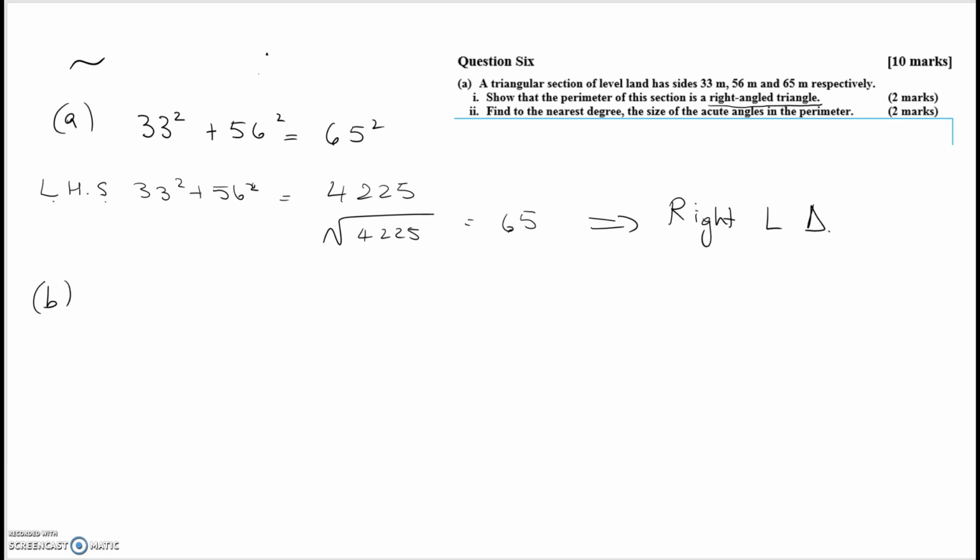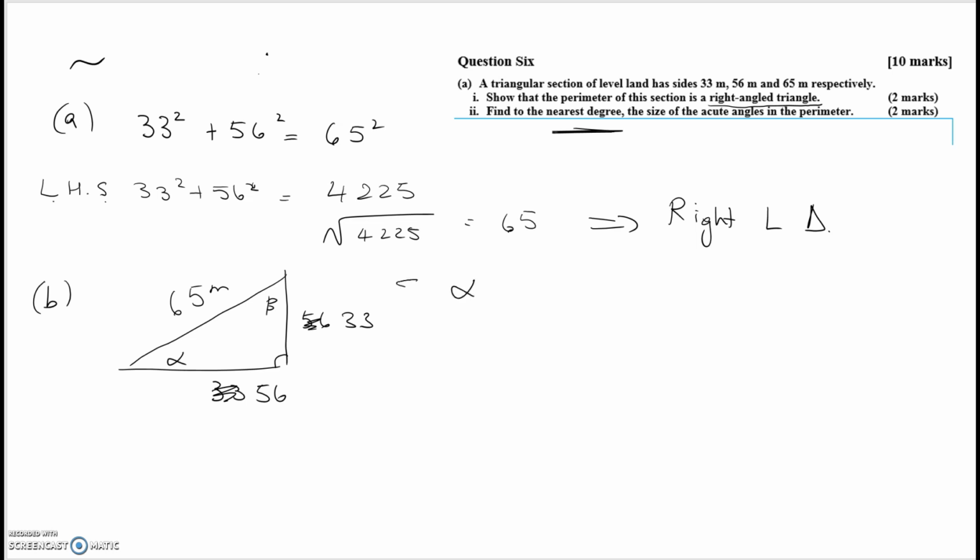Question B is find the angle to the nearest degree. Now watch that, to the nearest degree. So draw your triangle, remembering that the hypotenuse is the longest side. Doesn't matter which side is which, or maybe the other way around looks better. And if you call that one alpha or A, and that one beta or B, whatever, it doesn't matter,